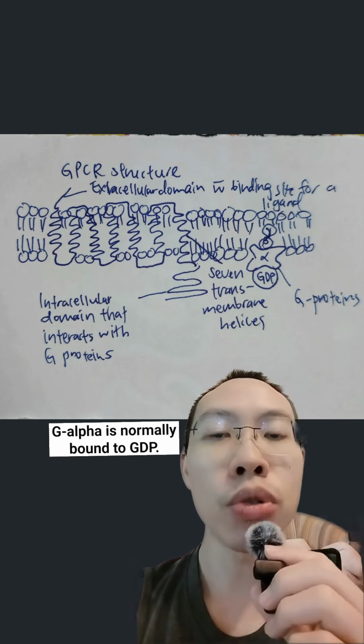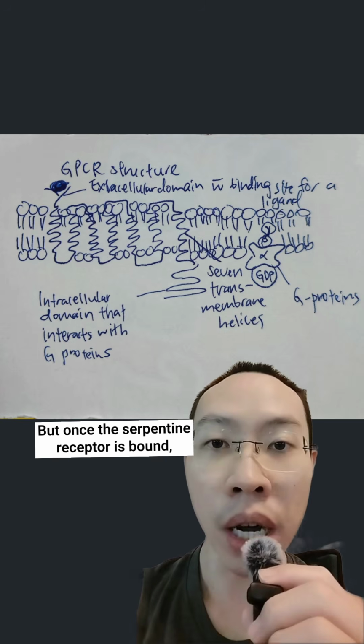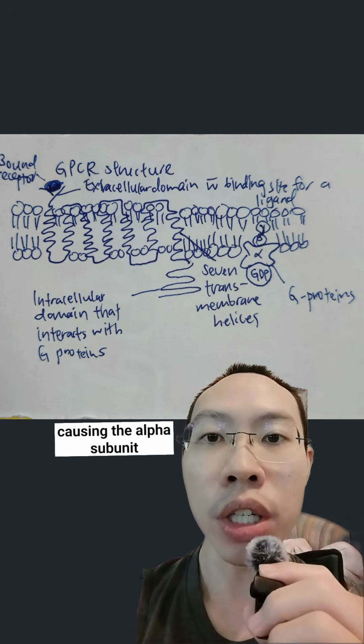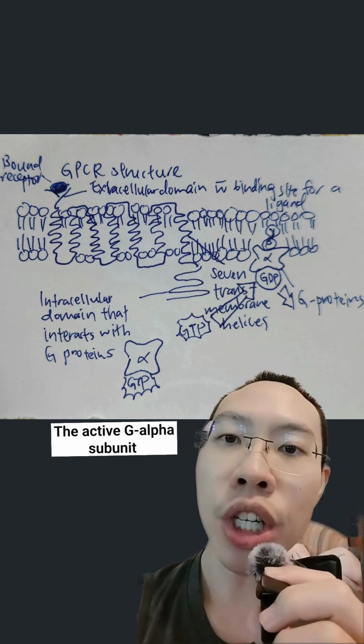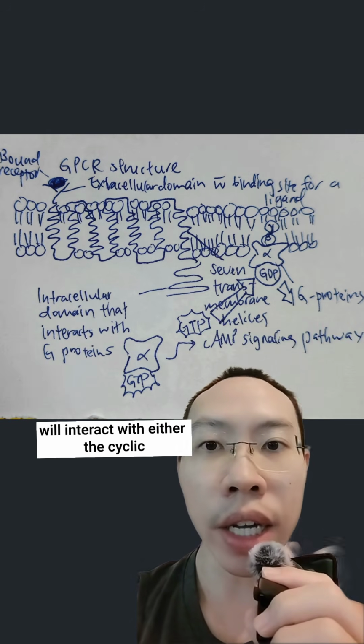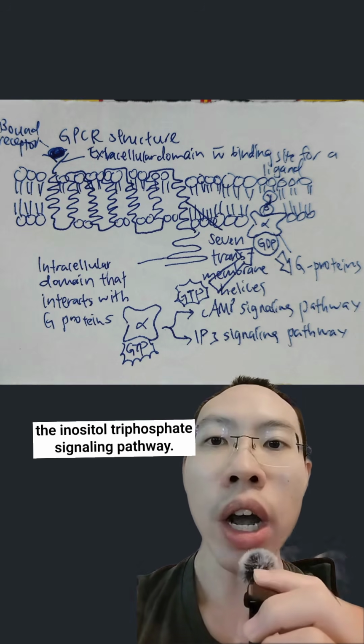G alpha is normally bound to GDP, but once the serpentine receptor is bound, it changes shape and interacts with the G protein, causing the alpha subunit to release the GDP and associate with the GTP. The active G alpha subunit will then interact with either the cyclic adenosine monophosphate signaling pathway or the inositol triphosphate